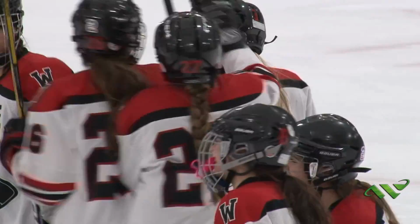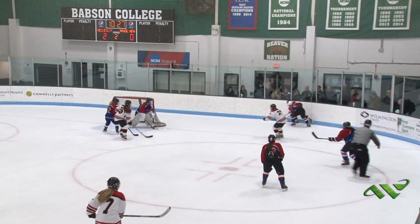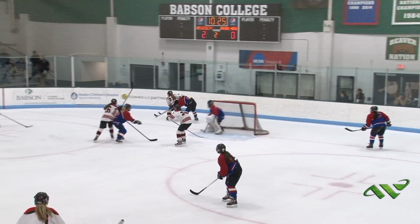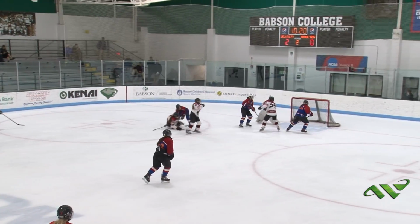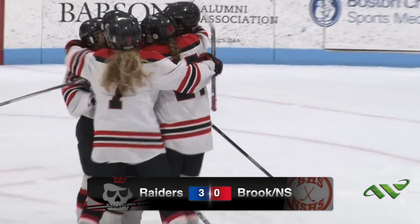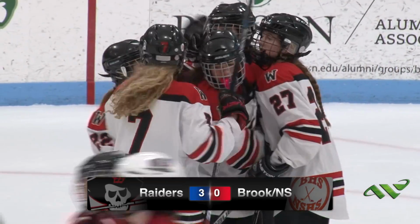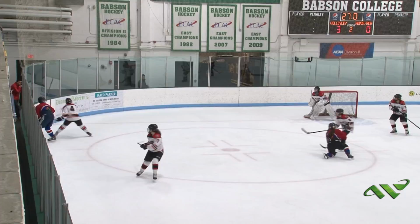Raiders aren't done yet, but they kind of take forever on this third one. Just kidding, it's 2 minutes later instead of 1. As Elise Coakley kicks it outside to Kat Donahue. Donahue fires on net again in heavy traffic. Puck deflects off Devin Chapman's stick and in. Score goes to Chapman. And Wellesley has 3 goals in the first 4 minutes, 80 seconds of this game-defining second